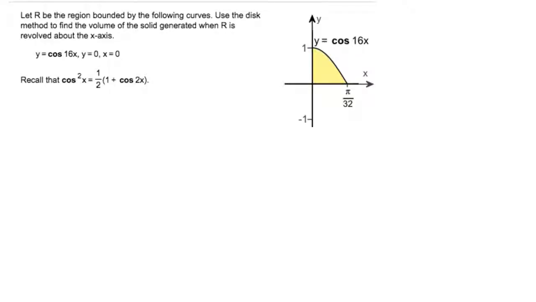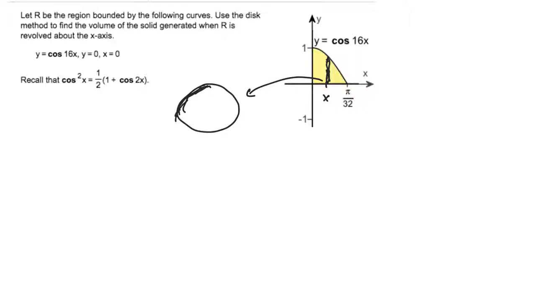So here, this is a very simple problem. The region is shown on the screen, and what I'm going to do is pick a place for my x, my slice. So here's a slice. And the idea is that when I pull this slice out, it's going to look like a